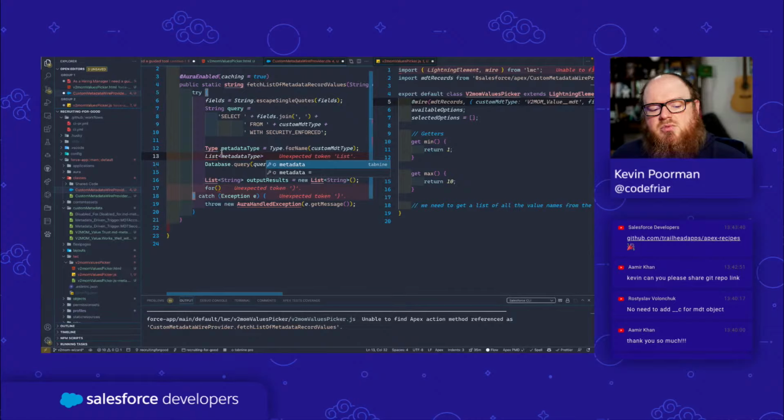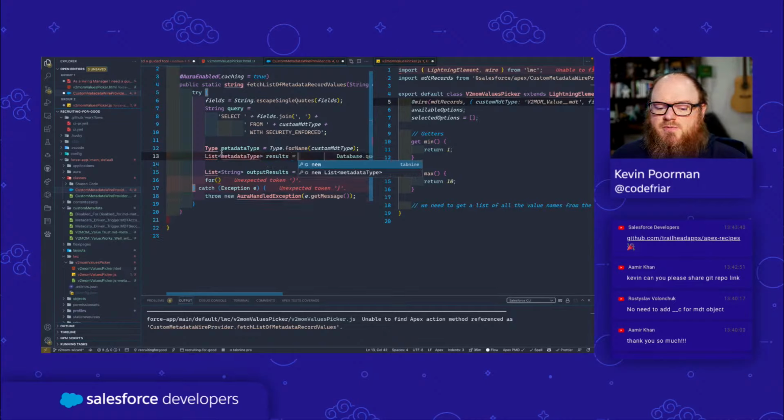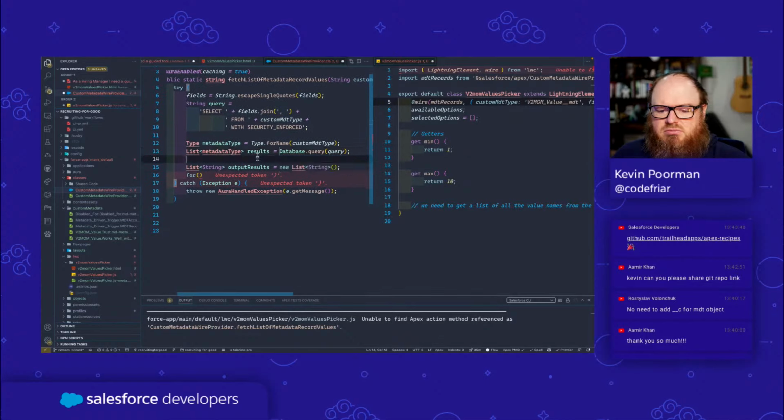Metadata type. This is going to be results is equal to database dot query. I think that should probably work because I don't need a new instance of my metadata type. So I'm going to get the type, and then I'm going to instantiate a list of that, and I'm going to then,